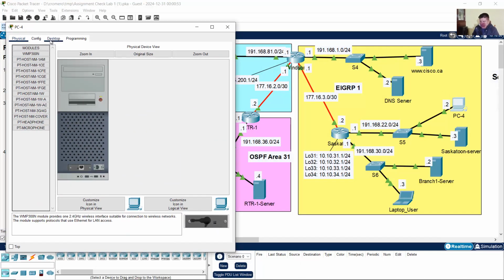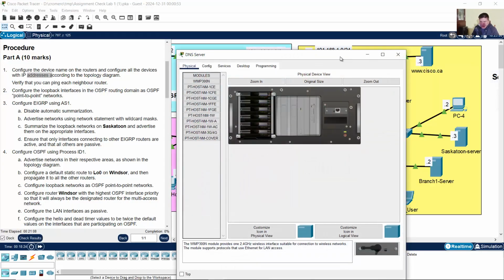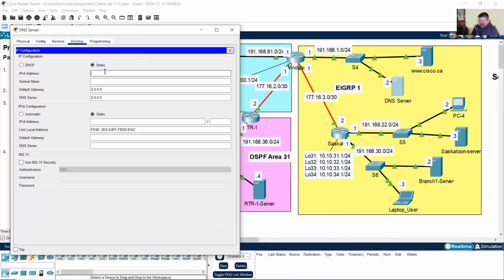PC4 22.2, subnet mask, default gateway 22.1, DNS server 1.2, DNS server 1.2, prefix 24, gateway 1.1, DNS server itself 1.2,